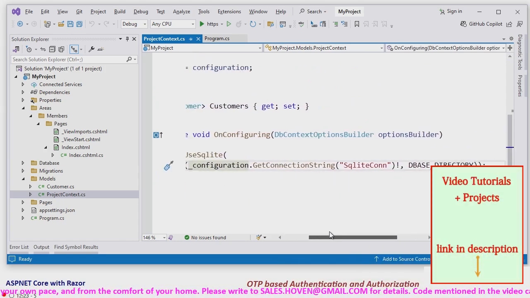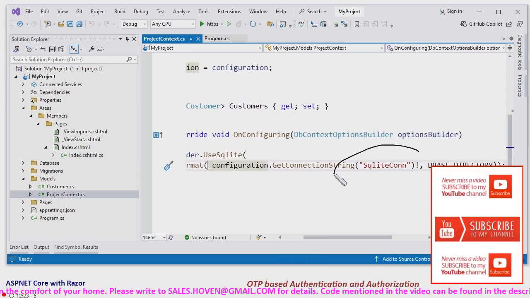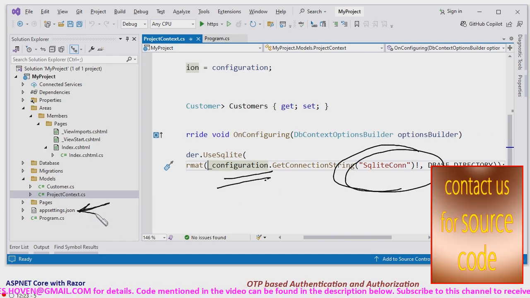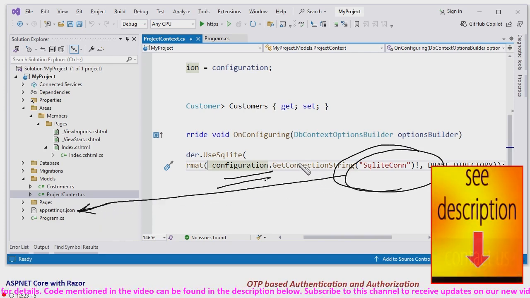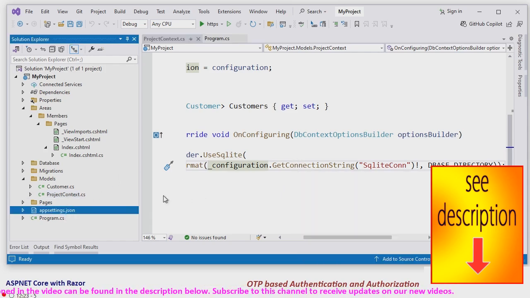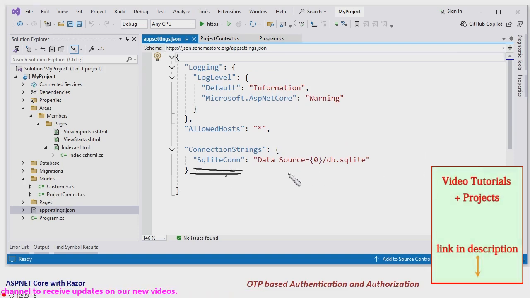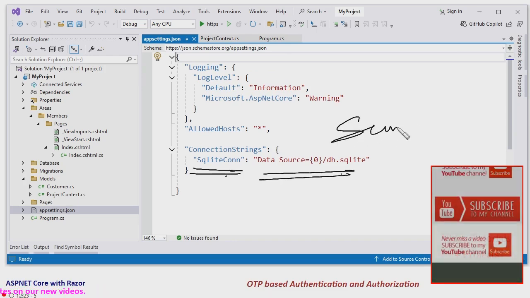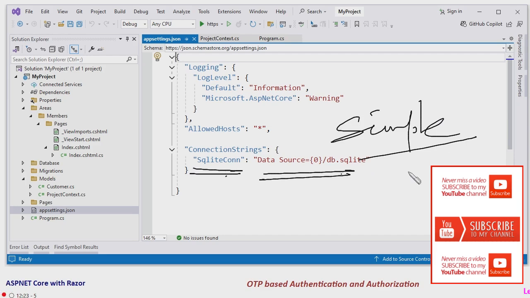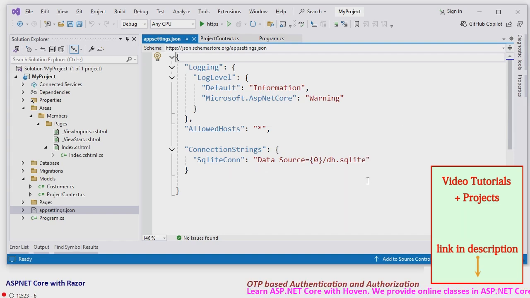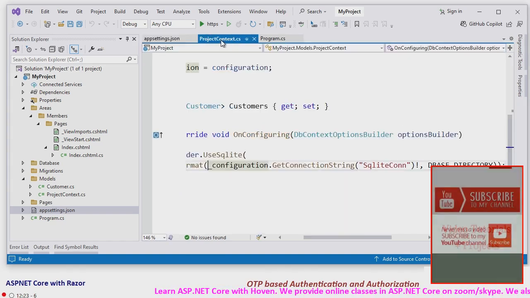The connection string is stored inside a configuration file in the section SQLiteCon by name. This is where the SQLiteCon connection string is stored. Double click and we can have a quick look also. The section for connection strings contains the SQLiteCon property, and this is the string. It is a simple connection string that I have used. This {0} is the format placeholder which will receive the name of the directory. The database directory is just the connection string that's being fetched here,